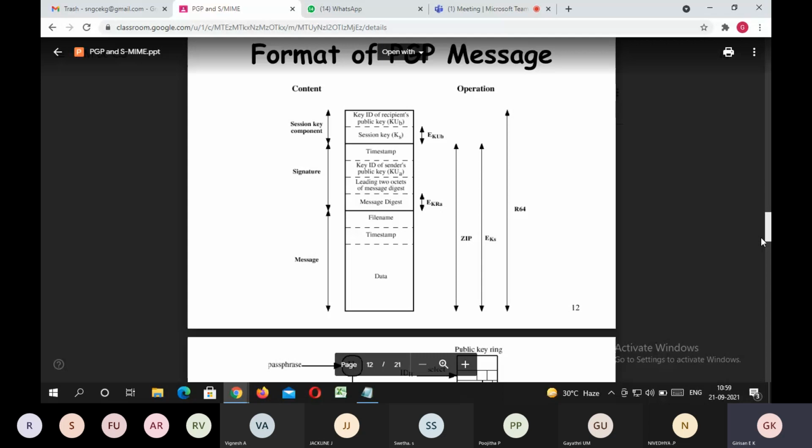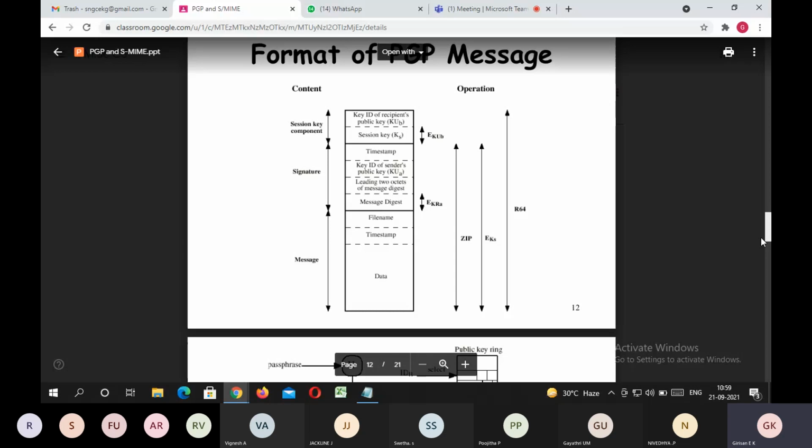So in the digital signature, you have certain parameters such as the sender's public key, that is KUA. A is considered as a sender and B is considered as a recipient. So in that part, we have the following things. One is the sender. If I am the sender, I am A, my public key, KUA. Then the timestamp, the exact time with seconds and date, will be there on the email through the PGP message.